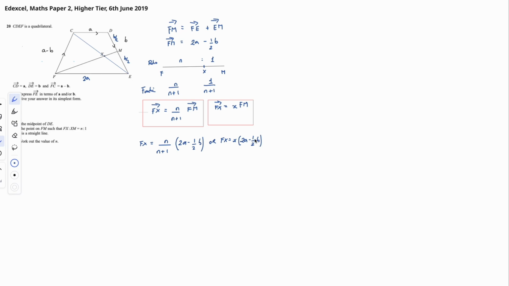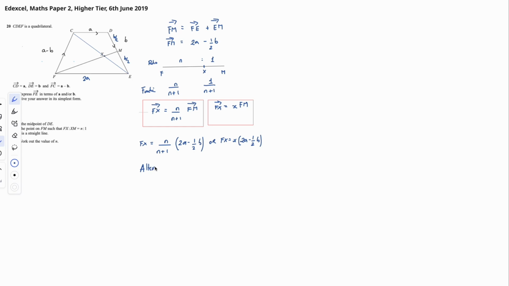The challenge we've got is that our line FX doesn't actually allow us to get any more information for either our n, or if we simplify it, for our x, which means that we need to find another expression for FX that might allow us to think about the vectors in a slightly different way. So what we're going to do is create another expression for FX,